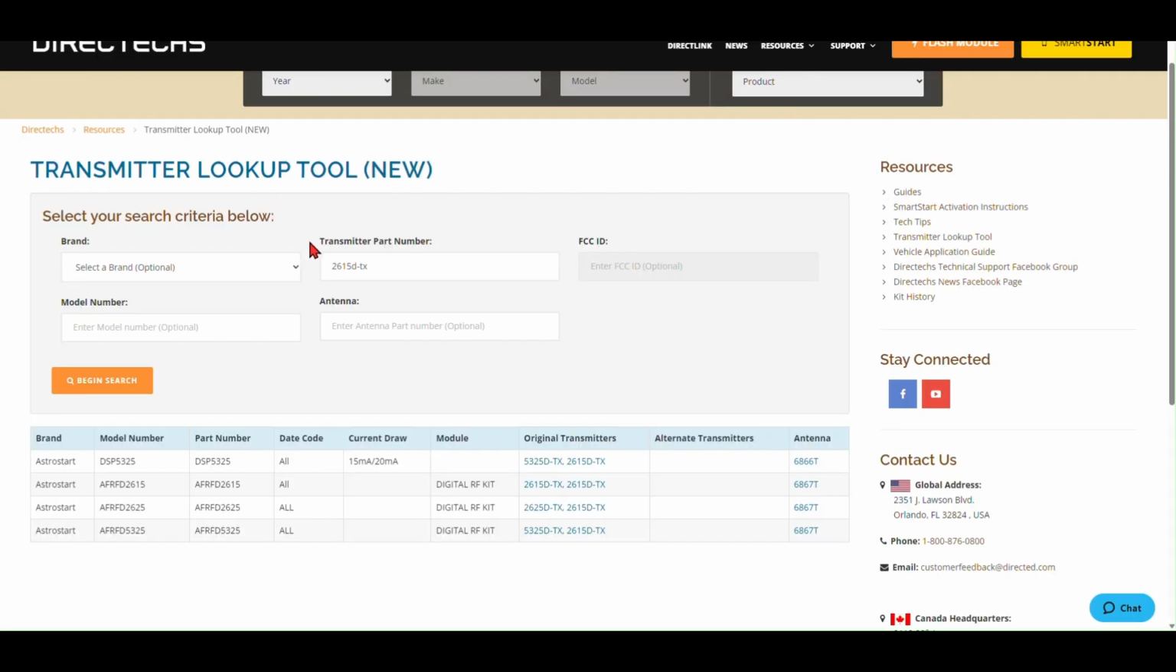Let's go back here and take a look at the antenna search field. Now, this is probably the coolest part of the tool because it's able to cross-reference a number of things. Again, you can get to it from any of the landing pages if you've got a remote in hand or you've got a module ID, or let's say